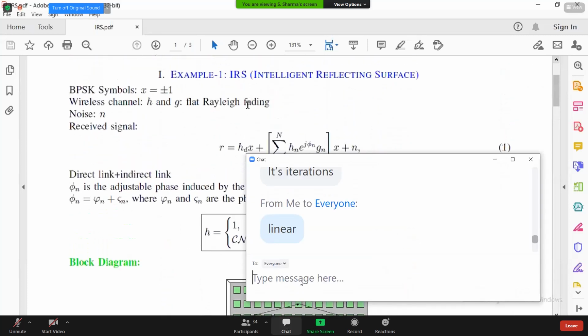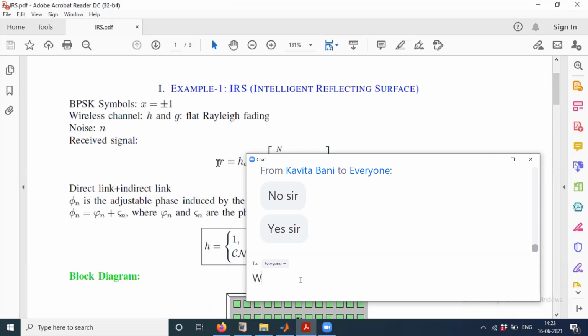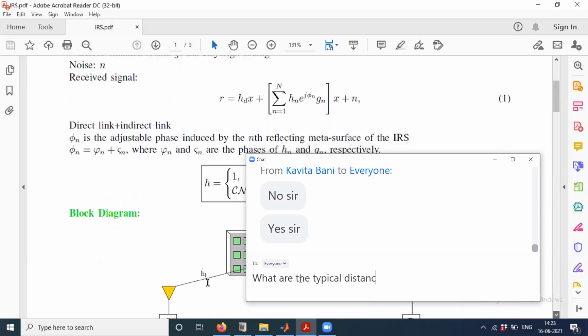So, the simple BPSK modulation scheme again I'm using. The received signal can be written as H_D X, where X is the transmitted symbol. H_D is representing the direct path. The direct path is not shown here, but if your direct path exists, you can write H_D X. And this is the